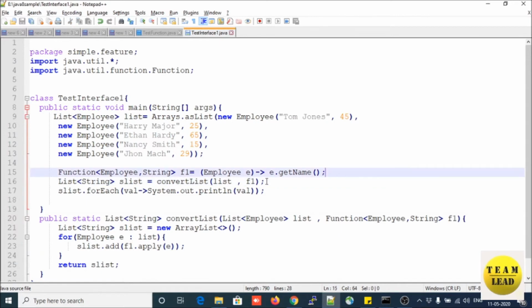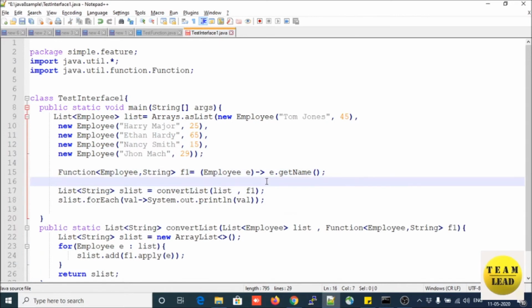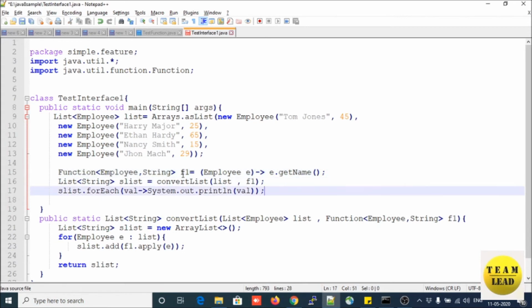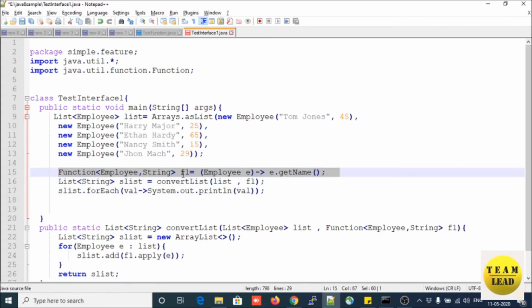If I want to change this logic, I can use the same function again and again. Suppose I want to use another function. This condition, this operation I don't want to use. I want to use another operation and I want to display another list. So in that case, I will create